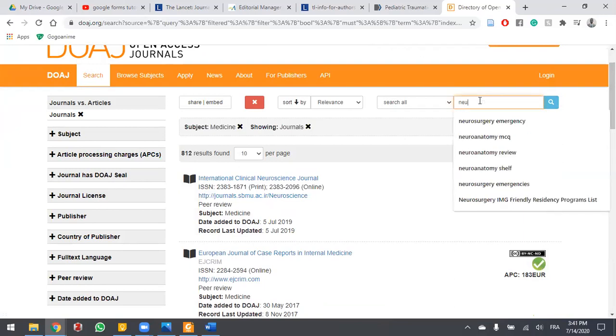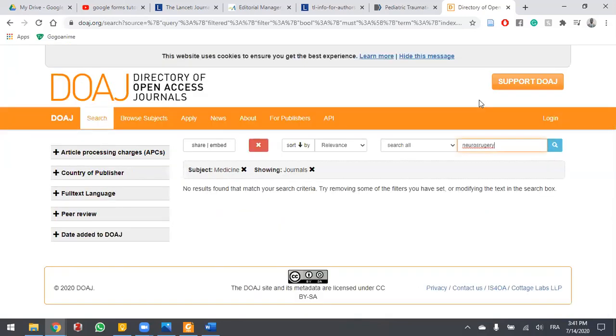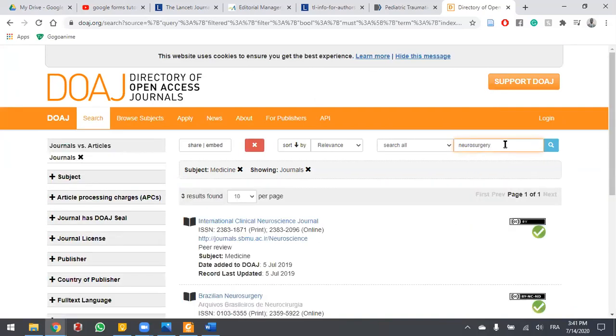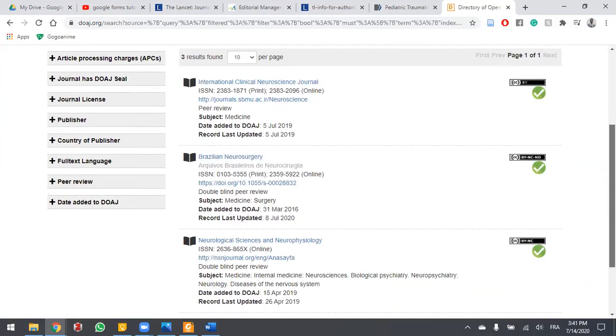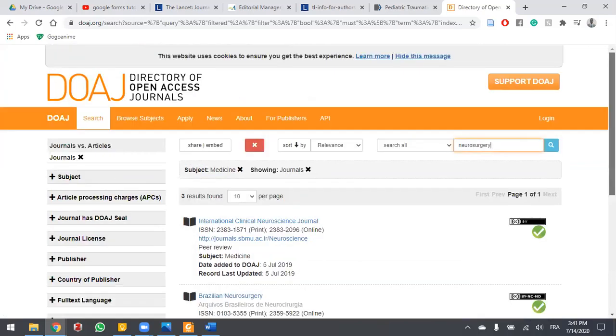So what we would do if we're searching here, could say neurosurgery. Right. So those with the word neurosurgery in them, this is what we find. We find that there's these three. And you could do the same for other things.